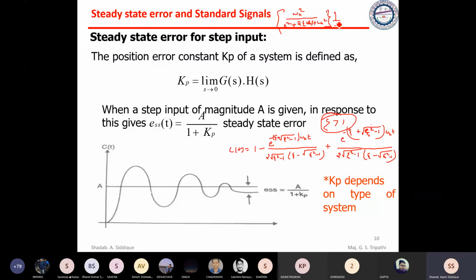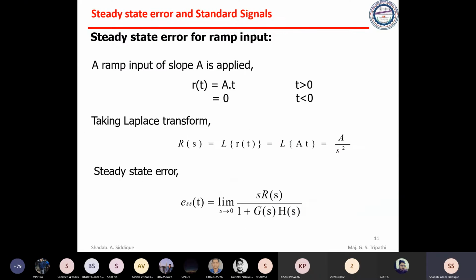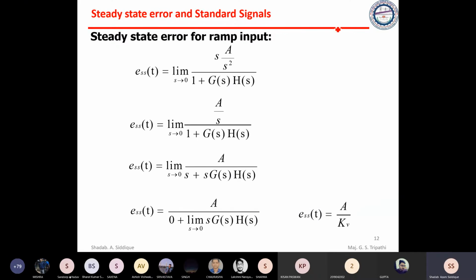Now let us see the overall response for the unit step input. How does the overall response look for different values of zeta? By simulating the equations we are getting, we can find the graph. So the graph is like c(t), which comes out subjected to the unit step input.